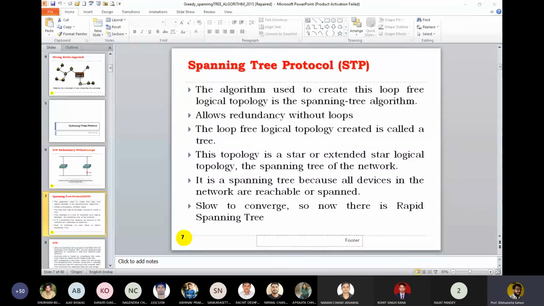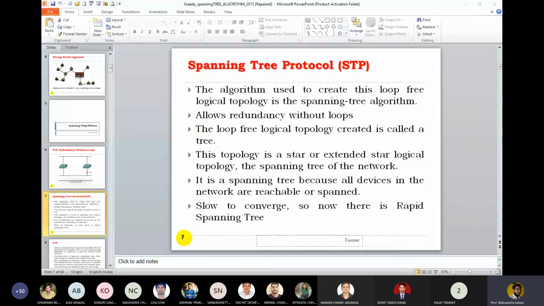Look into that. This is just to give you an idea. You are given a network protocol. You have to design an algorithm. So what does the problem statement say? The problem statement says we want a loop-free logical topology. There is a network. The objective is to create a loop-free logical topology. So it recalls to your mind that, okay, it indirectly asks me to construct a spanning tree.